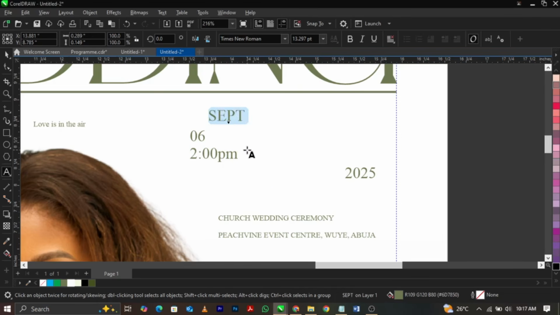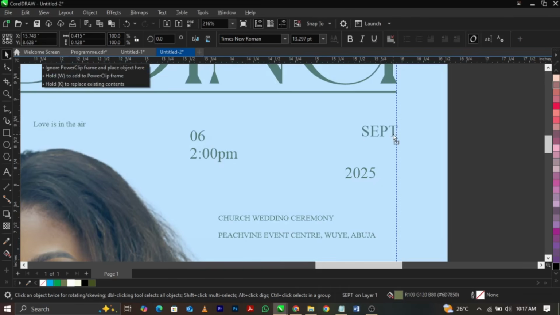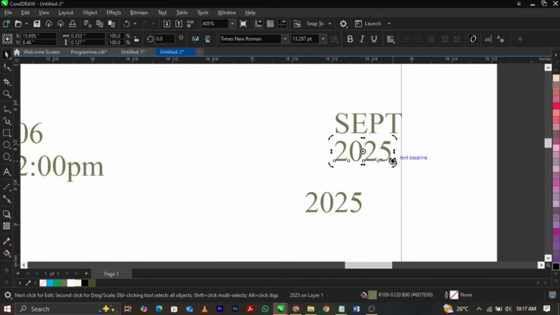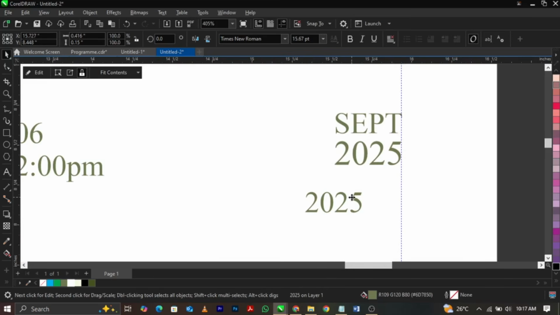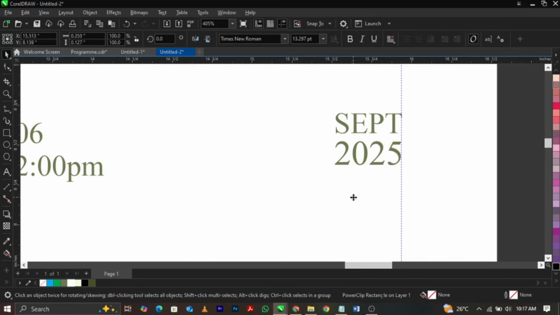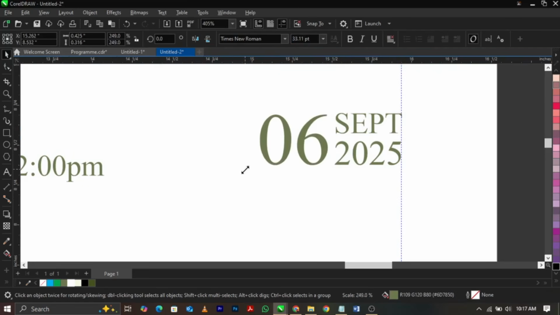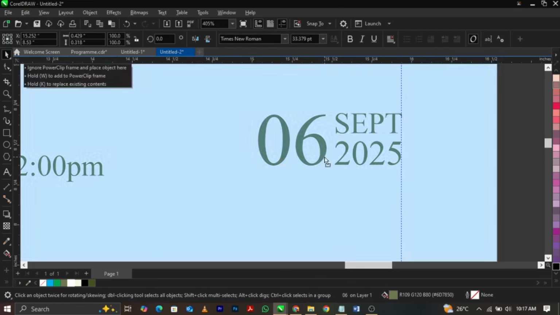Then select uppercase, then bring it this way and drag this one down to get the same 2025. All right, so you can scale the 2025 this way. All right, then you can basically delete this one. So once you delete it, bring in this one. This is 6th September 2025. That is when this wedding was done. All right, so the next thing we're going to do is